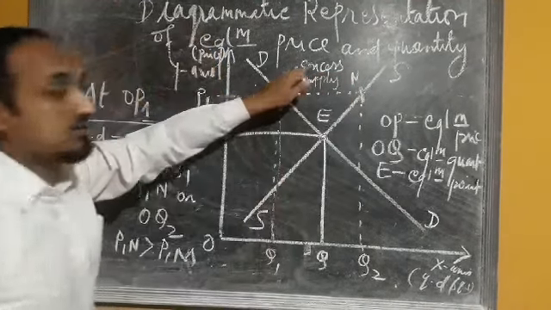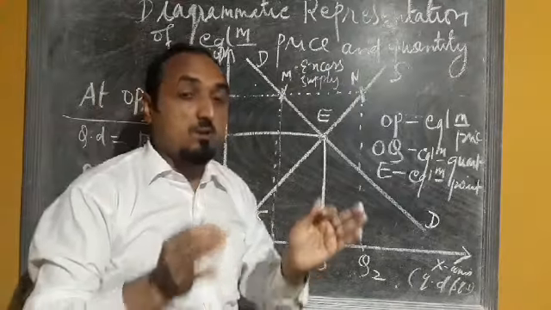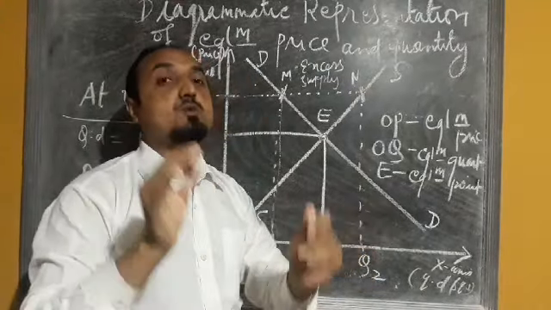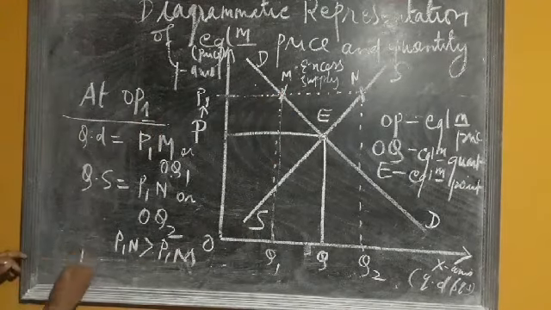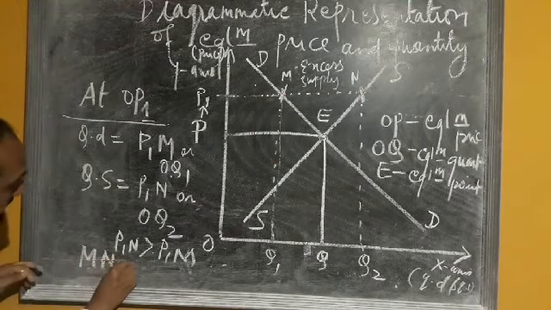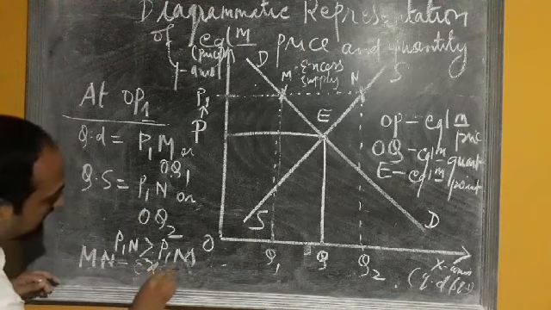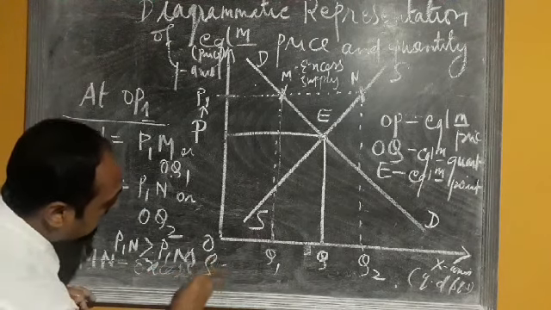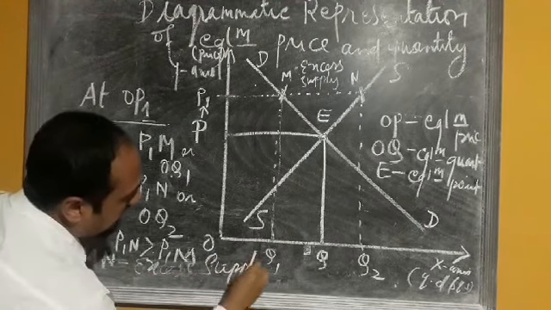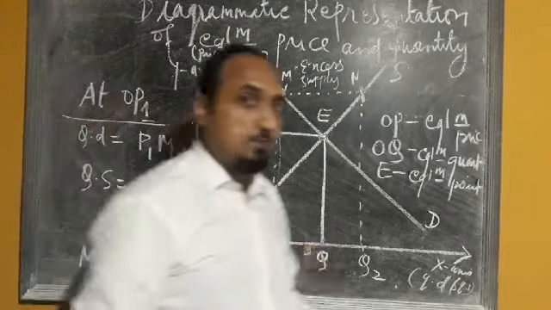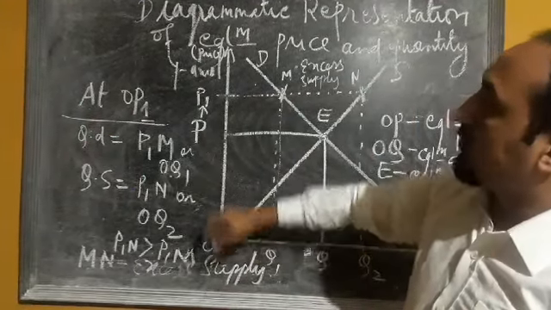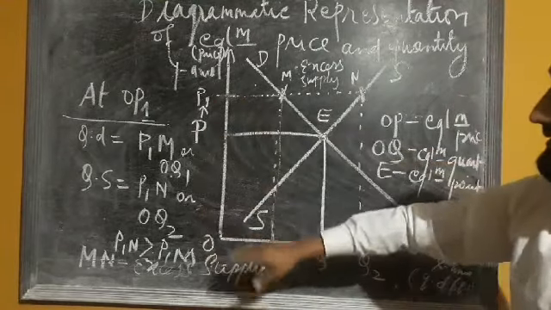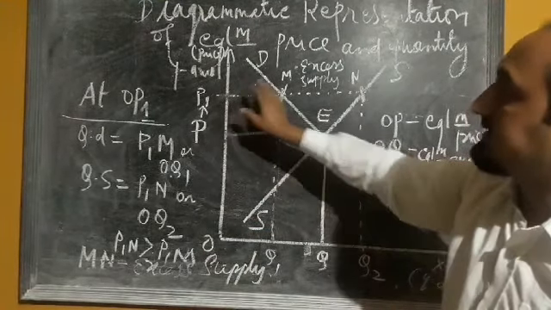Okay, there is a situation of excess supply. Now here, by how much amount is there a situation of excess supply? So you can see that MN is your excess supply. So if price increases from OP to OP1, we can see that